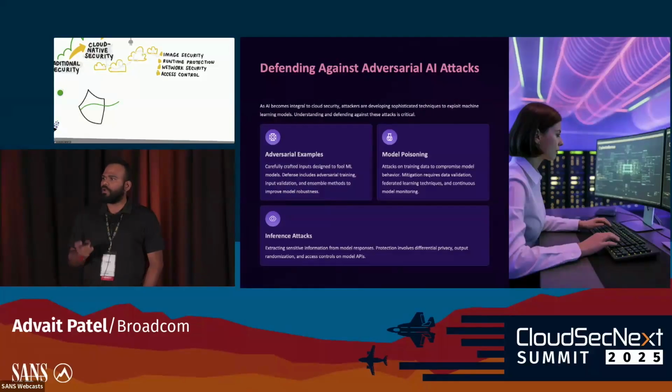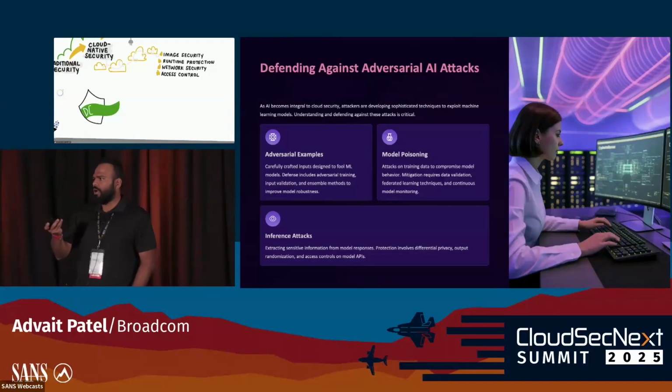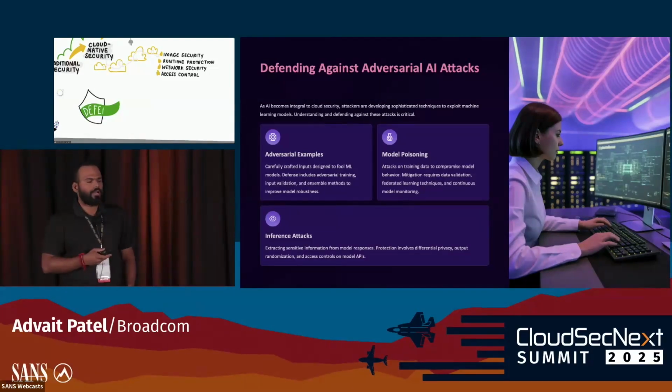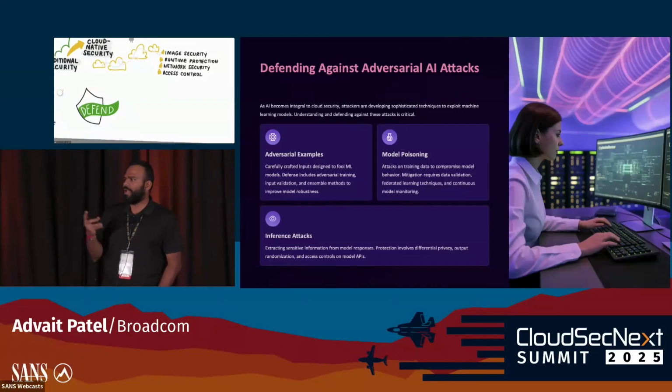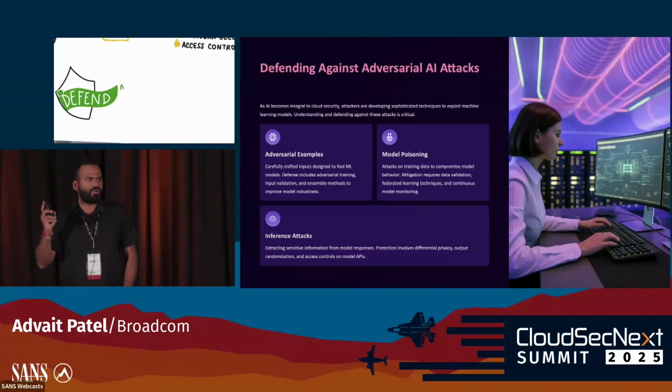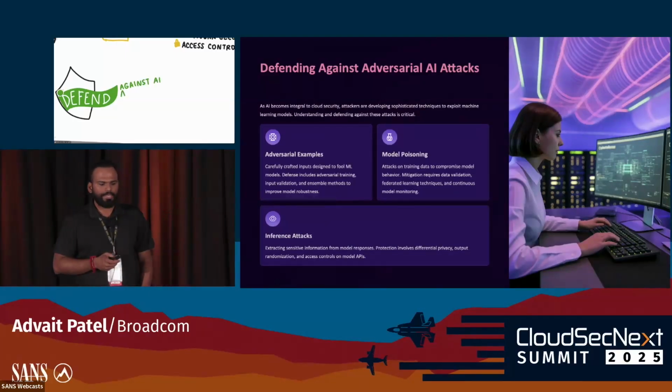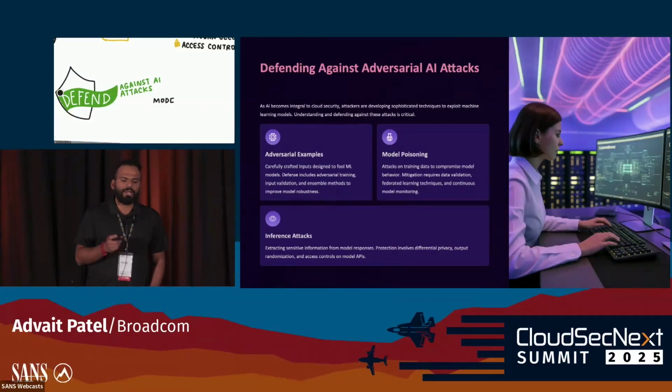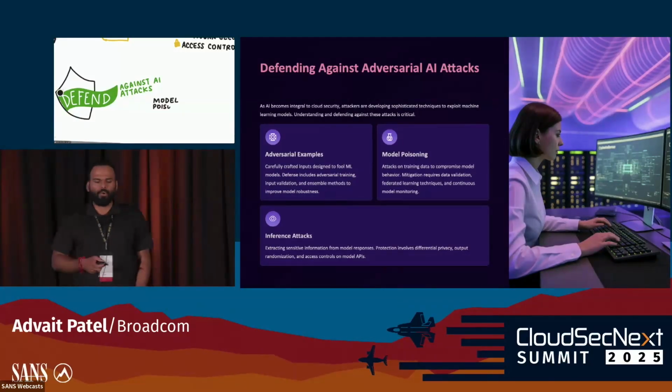Once compromised data goes into your ML model, the behavior of the ML model can change, right? Diana talked about in her keynote that if the ticketing system is using an AI agent, and if the model goes rogue, then anything can happen, and there is no one to blame except the AI agent, right? So to mitigate that, we need data validation before we inject data into the ML model, and for that we need federated learning techniques and continuous model monitoring.